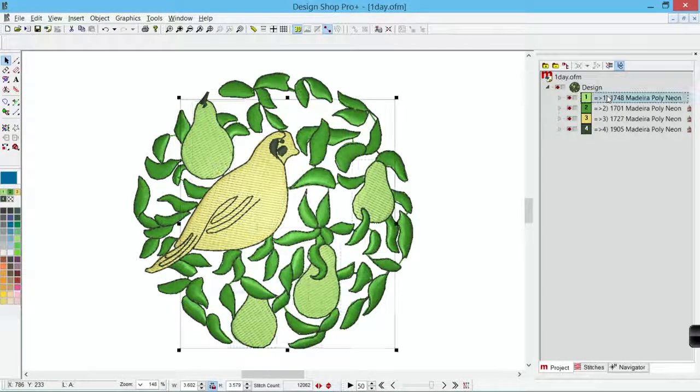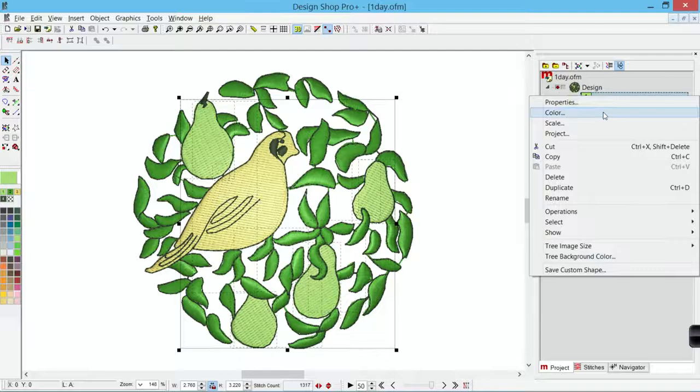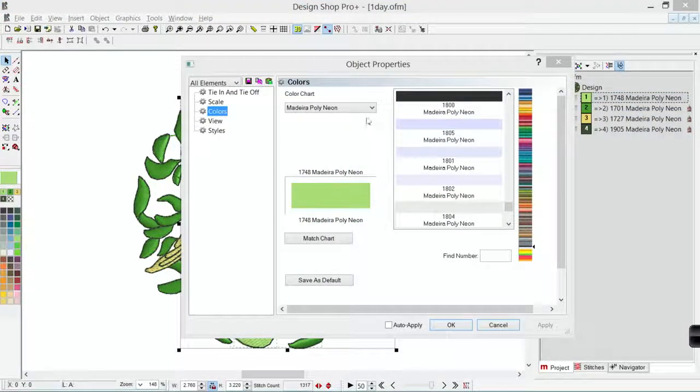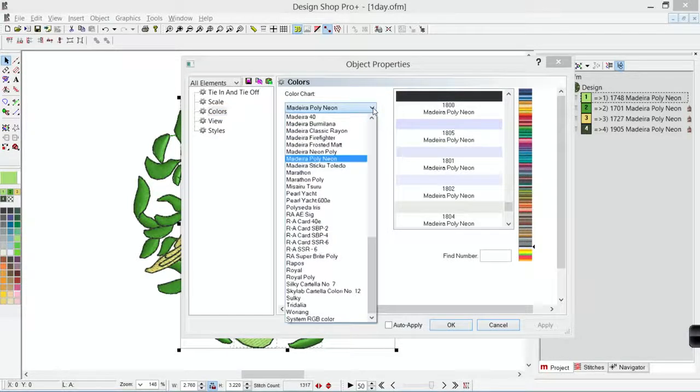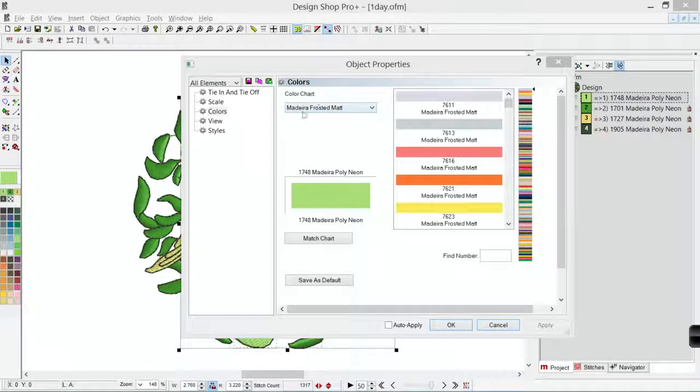If I right-click on any of these, I can go to color and I can actually get to the color chart and the exact thread color that I'm using. So if I were to change thread charts, so I was changing either companies or I was changing to perhaps a different style of thread, so in this case perhaps frosted matte, I could choose that thread chart and then I could scrub down through and find the color that I wanted, or if I knew the exact thread color, I could select the box,